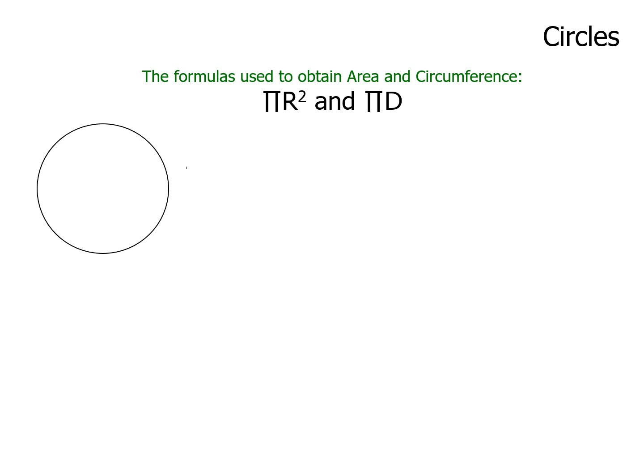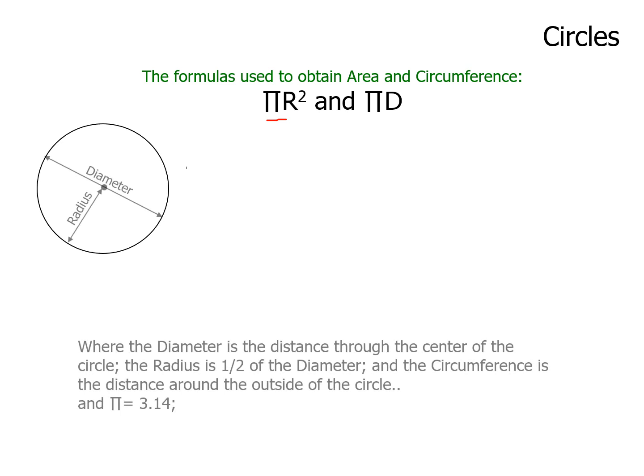The symbol of pi represents 3.14 in decimal form. Now, you can carry pi to as many decimal points as you choose. I mean, the last I heard, they were at the 314th trillionth decimal point, and they're still rolling it. So as many as you want. 3.14 is good enough for me. Now, the widest point of a circle is called the diameter.